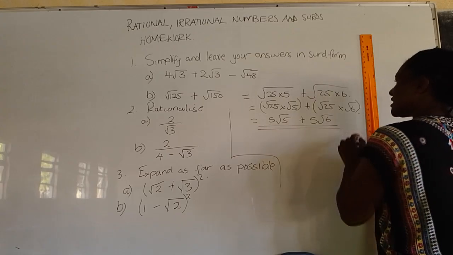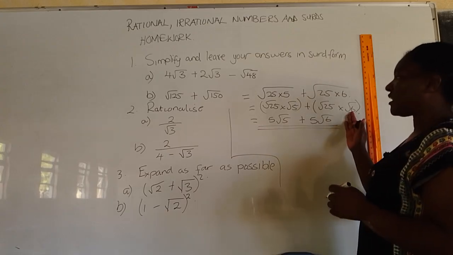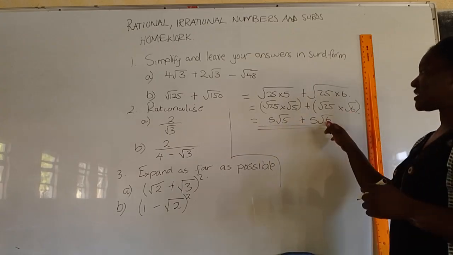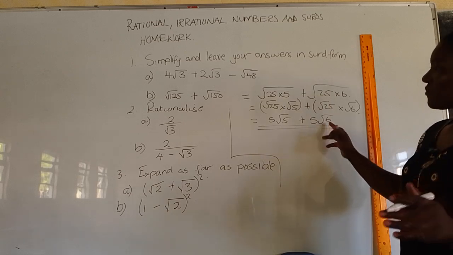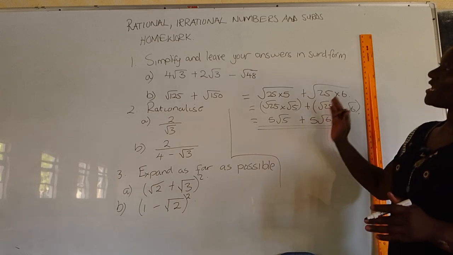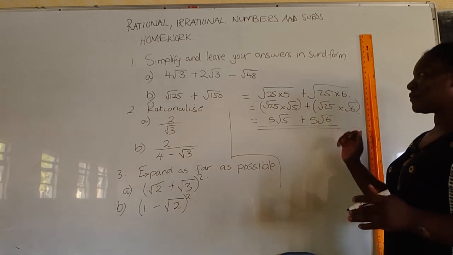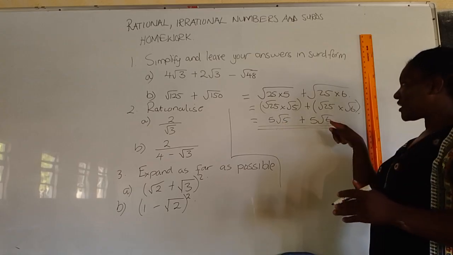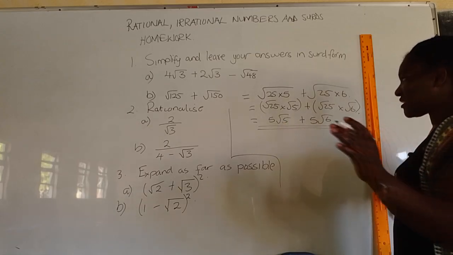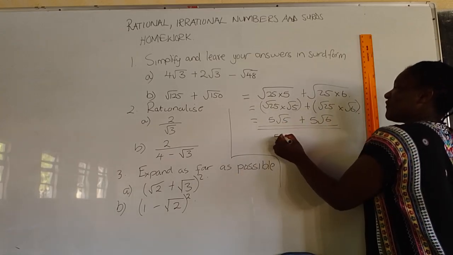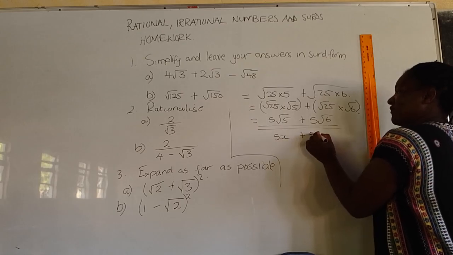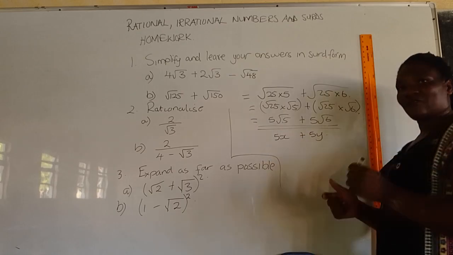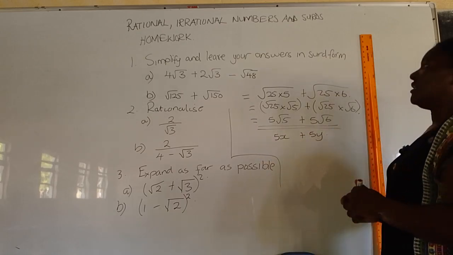This cannot simplify further because these are not like terms. So we have simplified as far as possible. Root 5 and root 6 are not like terms. It's like we have 5x plus 5y. They cannot simplify further. Right? Then,